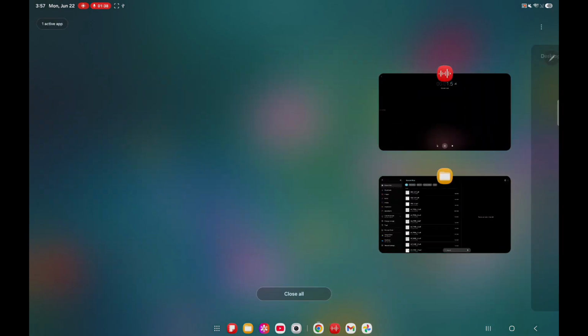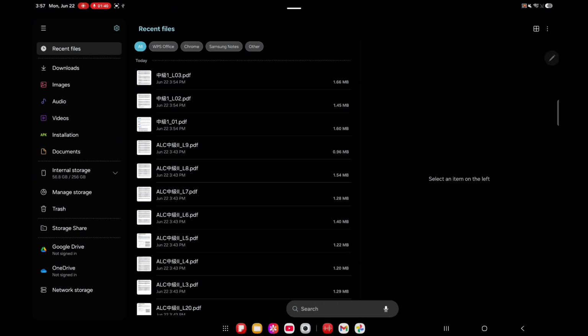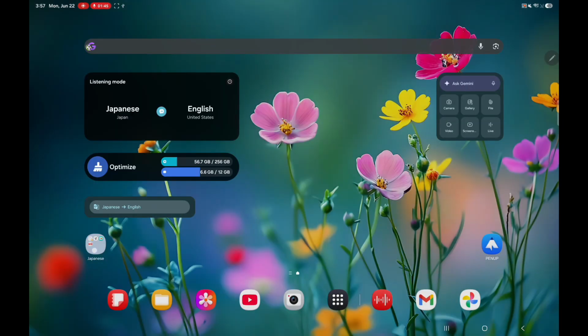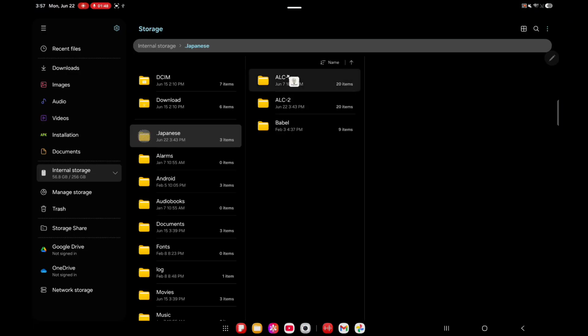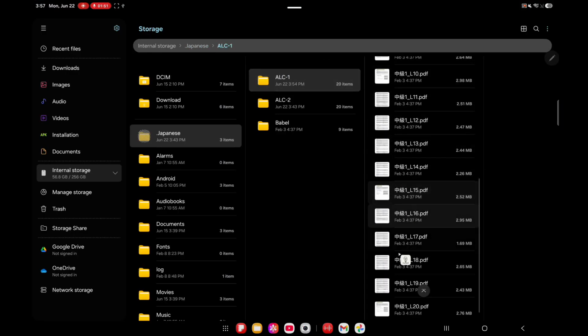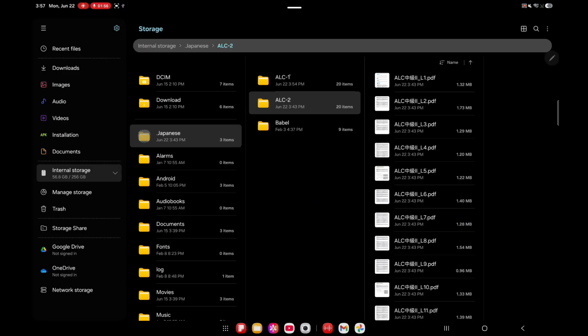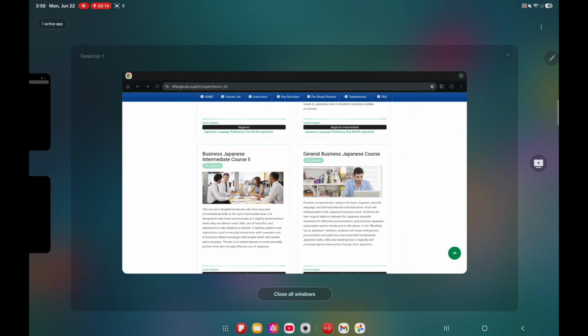Let me show you. So for example, these are not here. Yes, let me go back to home. Yeah, this is ALC1 and there are 20 lessons, and ALC2 has 20 lessons. I took each lesson with a native Japanese speaker as my tutor, and in that lesson they explained everything in detail. So the lessons are really good, but I ran into a problem, and the main issue is